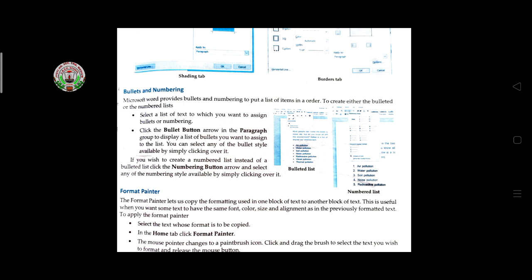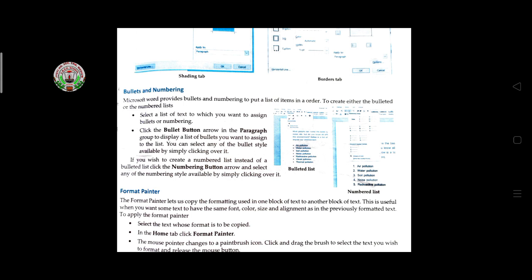Then bullets and numbering. Students, you know bullets and numbering; last year we did unordered list and ordered list. Same here: bullet is the unordered list and numbering is the ordered list. If you want some pictures, some clip art, or some sign, you have to use the bullet sign.